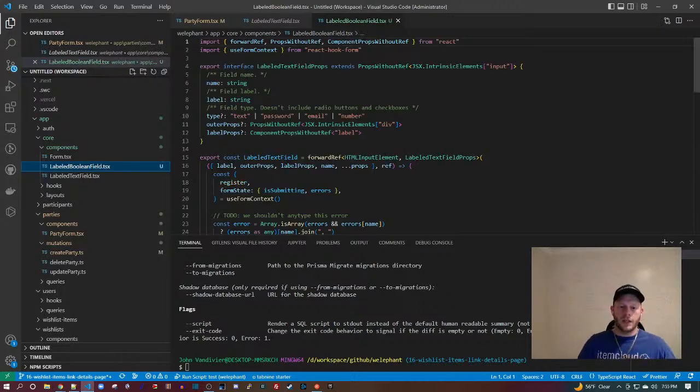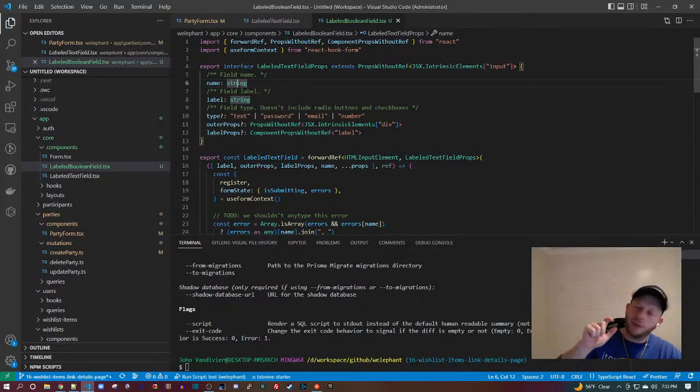Okay. So it has field name. Name is going to match the HTML name of the HTML form field, the input field, which is the key on the object from a JavaScript object perspective. Okay, so we're going to keep that.